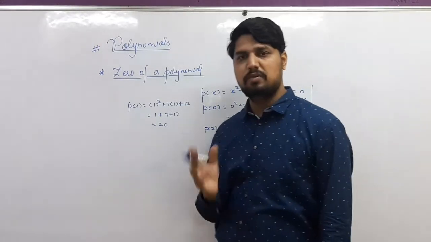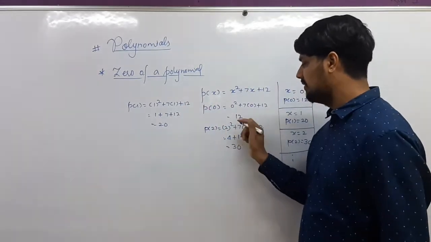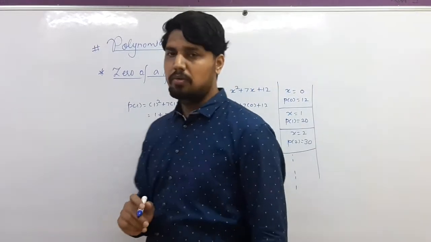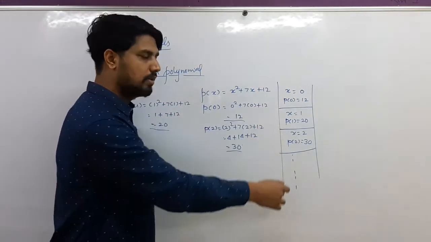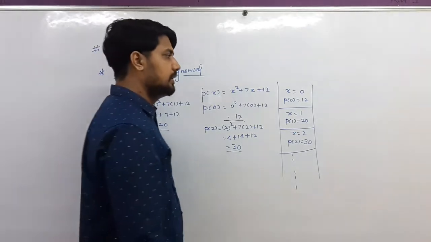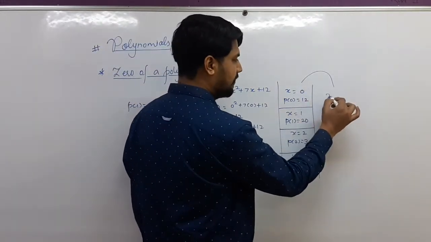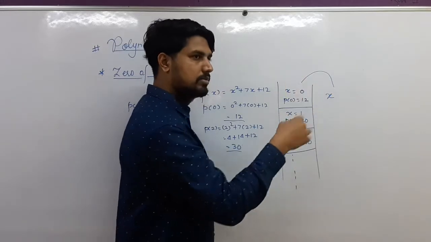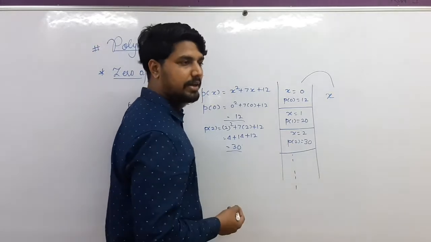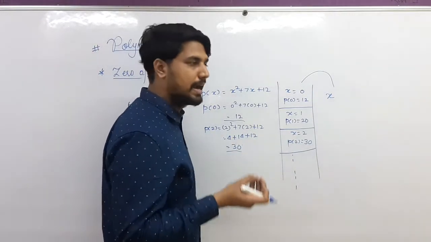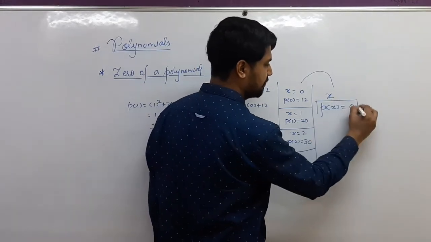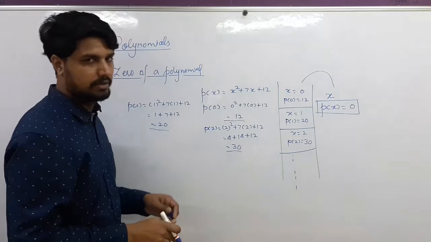You can take negative values, you can take rational numbers, you can take decimals. Any value of x, when we put it in the polynomial, we will get different values of our polynomial. For these different values of x, the polynomial value will be different, but there might be some value of x, because infinite values of x are available, for which our polynomial value becomes 0. Try to understand this very clearly.